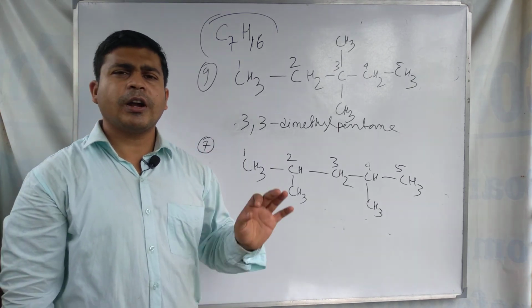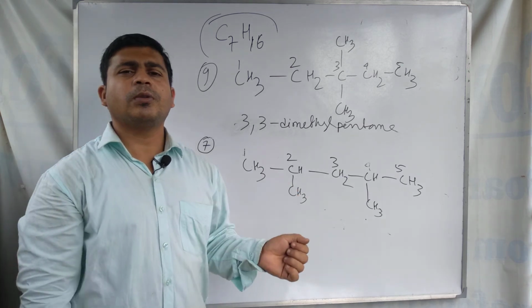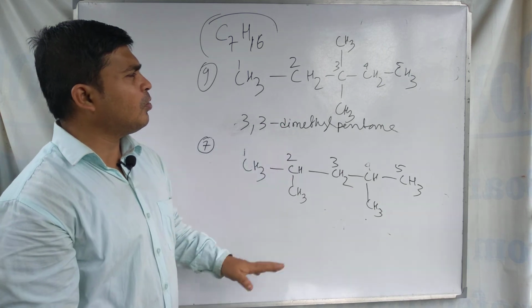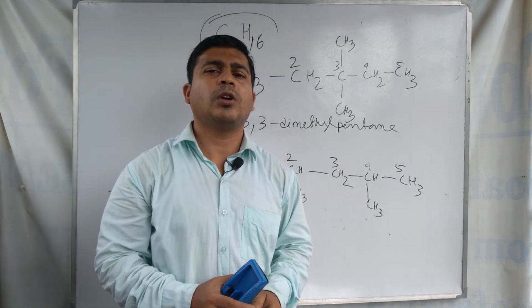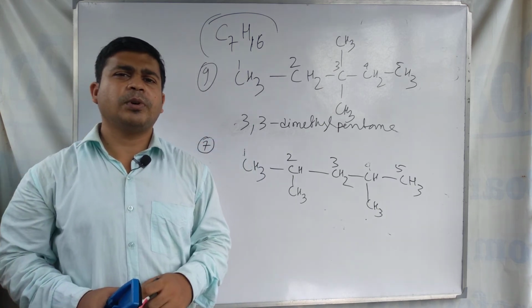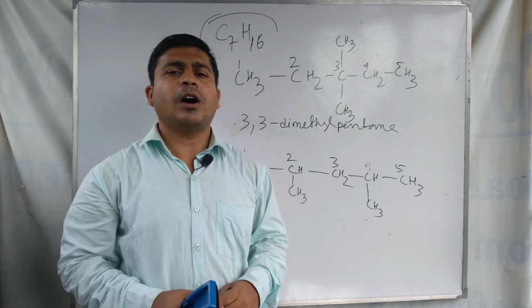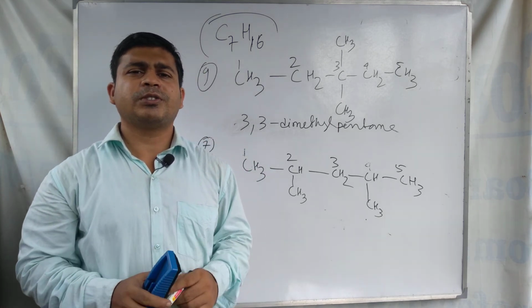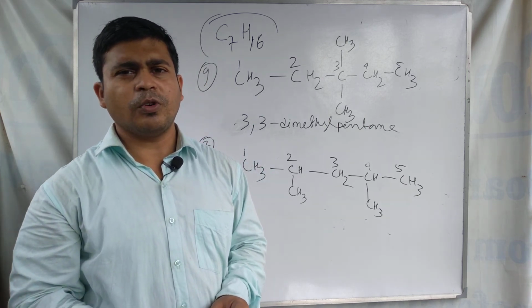There is no short way that you can find the number of structural isomers possible by this molecular formula. No short formula is there. You have to follow these steps to draw the structural isomers of a given molecular formula or chain isomers of a given molecular formula. So this is the topic of discussion, that how can we draw the possible structural isomers or chain isomers using a given molecular formula.